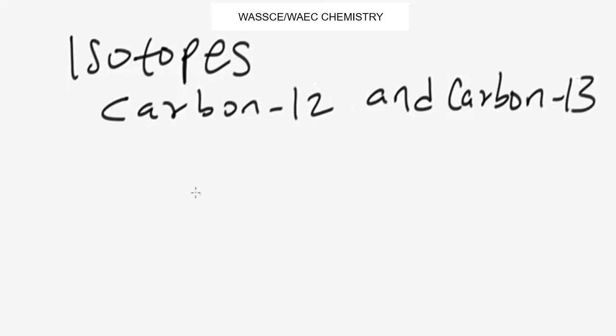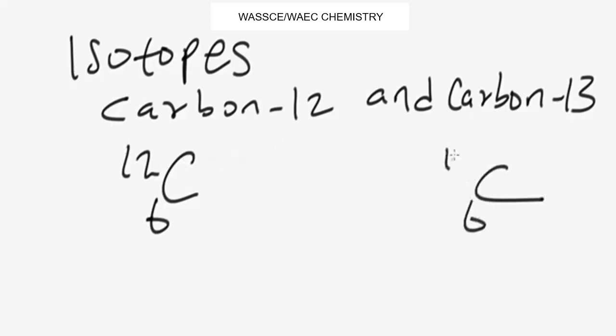So basically we have it to be something like this. The atomic number of carbon is 6, the mass number here is 12. For this carbon the atomic number is 6, the mass number is 13. So they have the same atomic number but different mass numbers. In this situation you can deduce that the proton number